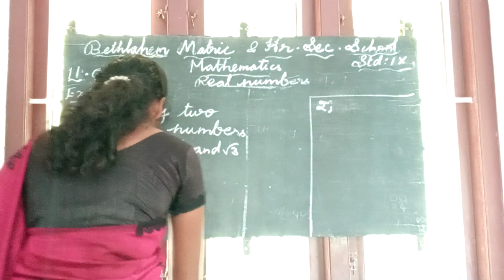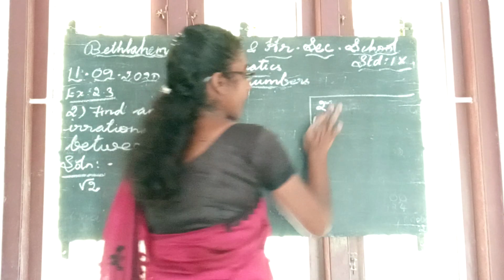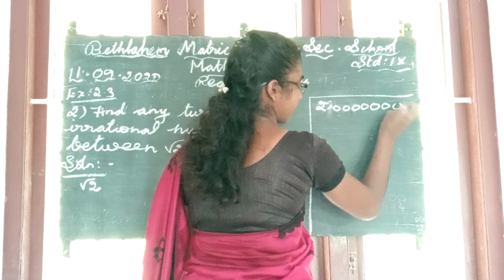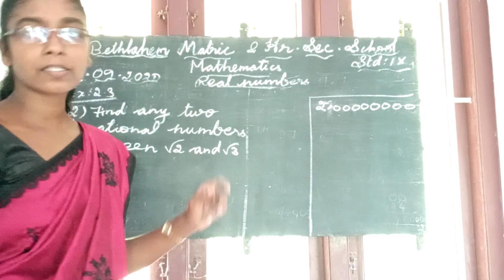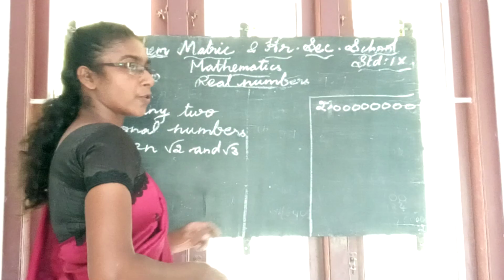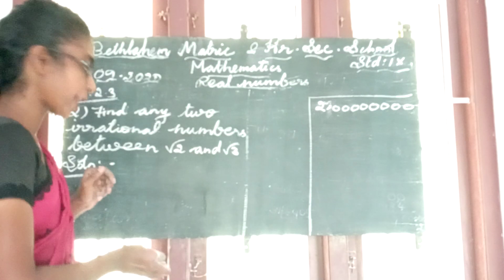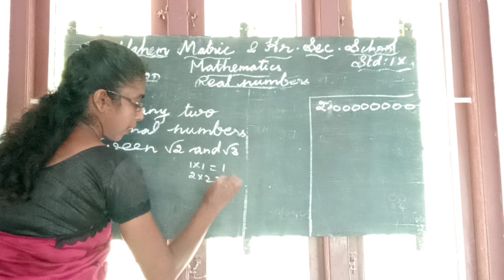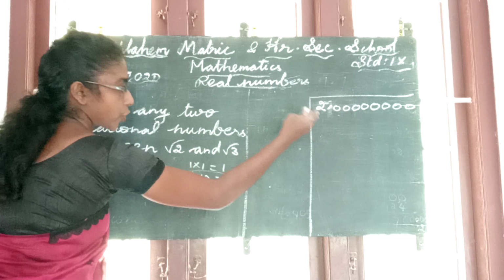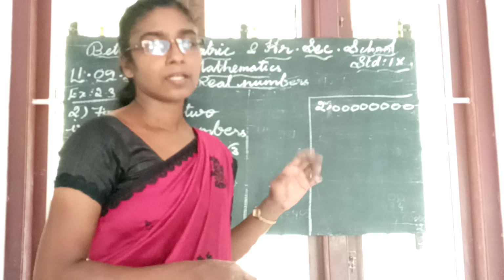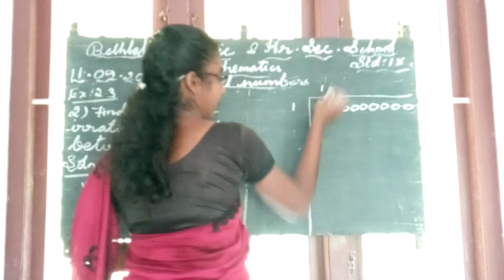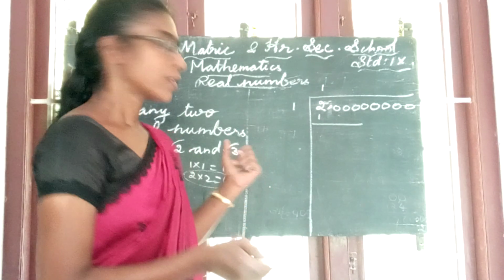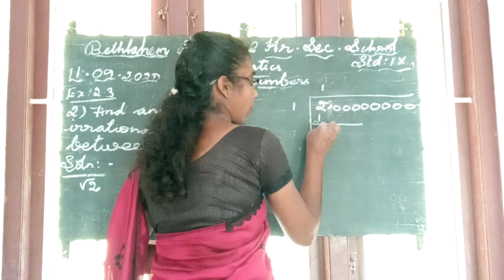First you have to write 2. Then 2 means we can write 2 point, after that some zeros. So you can write it. Is it correct? Yeah. First what you have to do? A square number you want to find. 1 1 is 1. 2 2s are 4. 4 is greater than 2. So what number do you have to select? Yeah, very good. 1 1 is 1. Next procedure: you have to subtract, 2 minus 1. 2 minus 1 means 1.